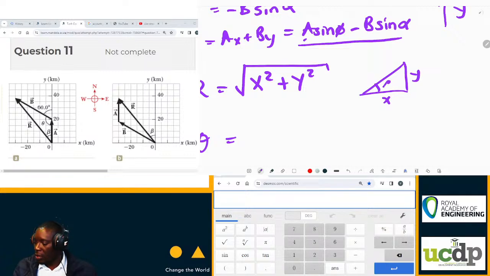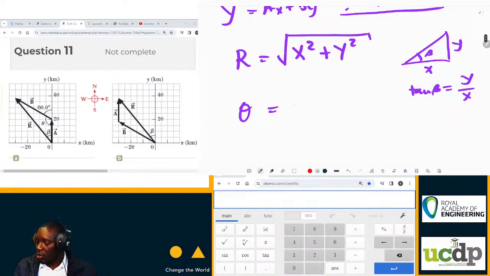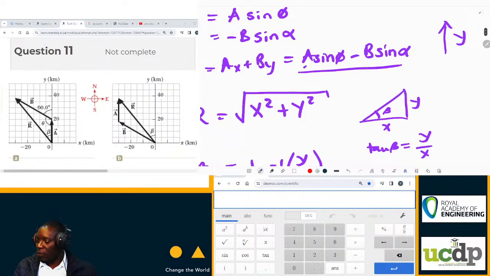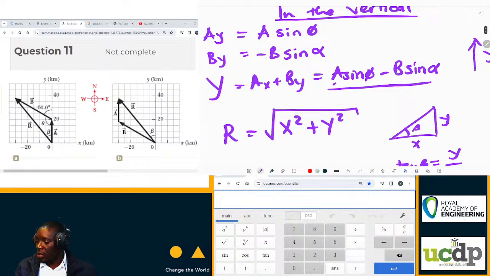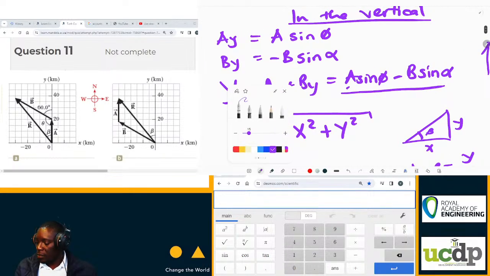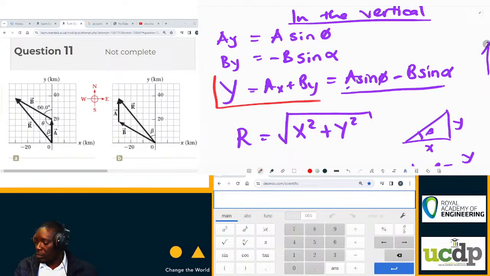I have theta already. So tan beta will be equal to, tan is opposite over adjacent, y over x. So that angle will be arctan y over x. So arctan the value of y, which is what you find after evaluating your y here,